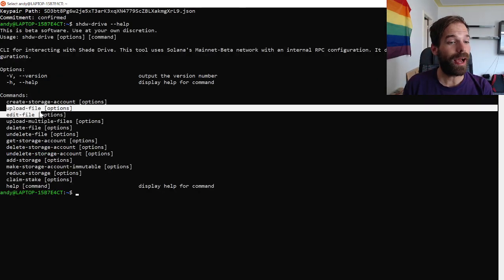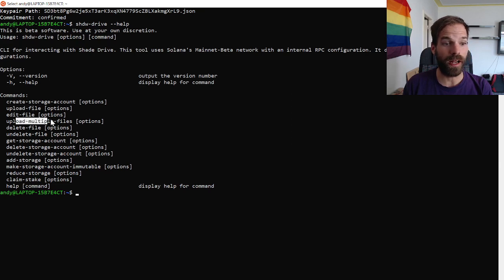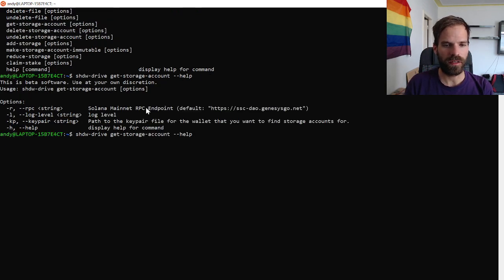What else? We can upload a file. We can edit a file. We can upload multiple files. We can delete a file. We can undelete a file. We can get the storage account. What does that do? Okay, let's just see what that does. Get storage account for my key pair